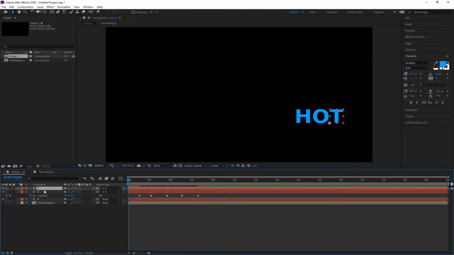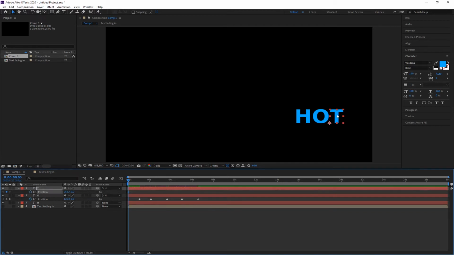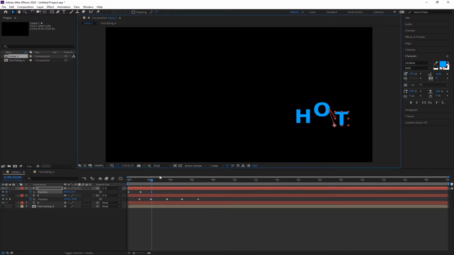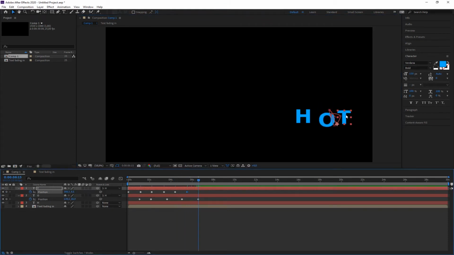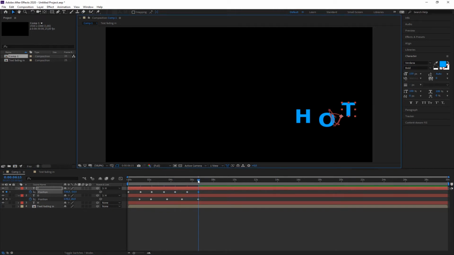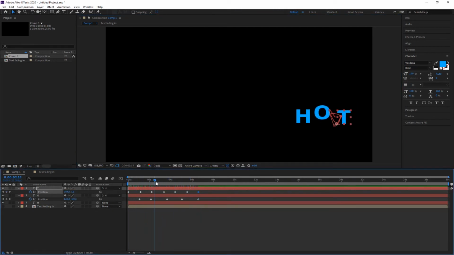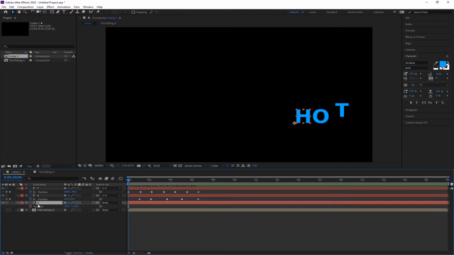And the same thing with letter T. I'm going to hit P for position. I also animate position for letter T. So there. I know it doesn't make much sense. Now I individually animated the two letters to do something. Okay, and now still when I select my letter H and animate the position of the letter H,